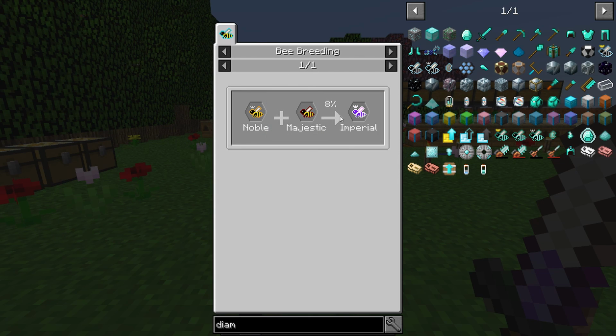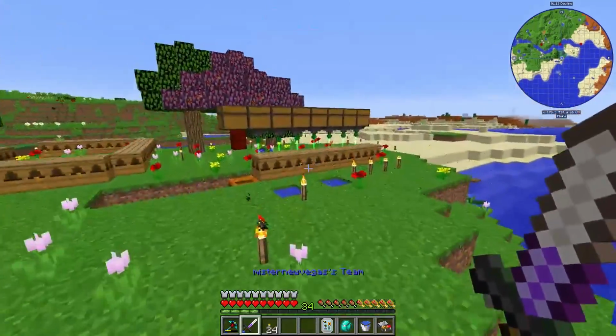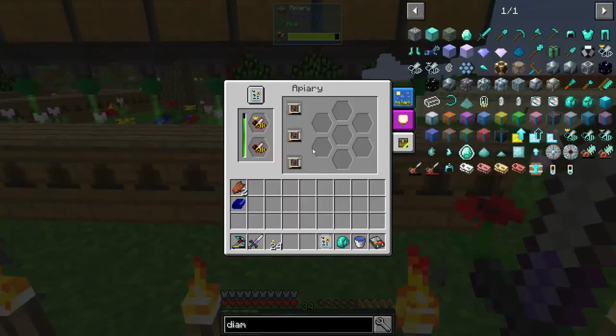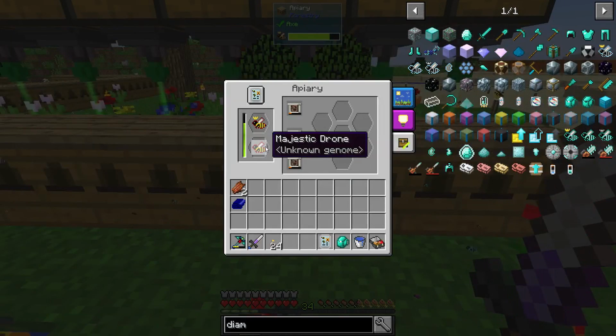Now, Imperial, right? Well, I just showed you I had a majestic drone. That's true, I do have a majestic drone. But then I also have a noble. So if I come over here, it should still be alive. No, it turned into a majestic. So my noble turned into a majestic noble. Then eventually it turned into...